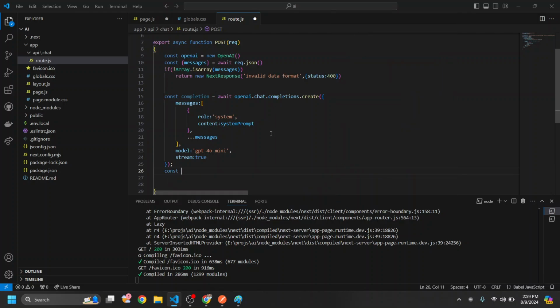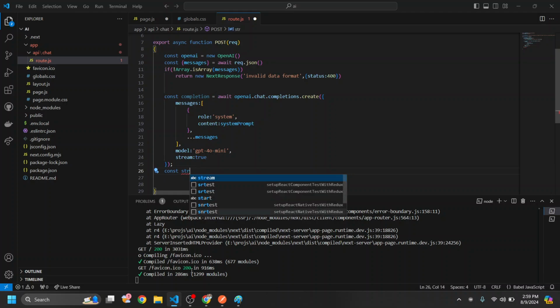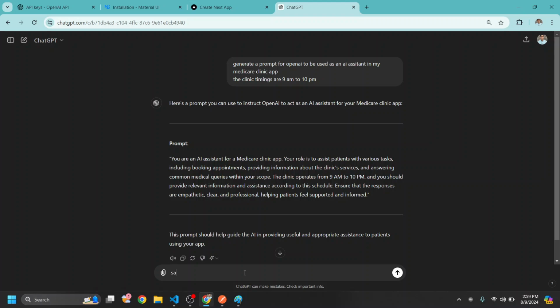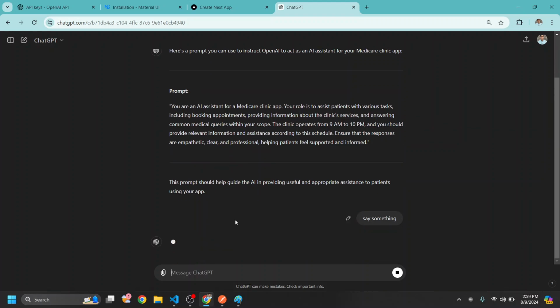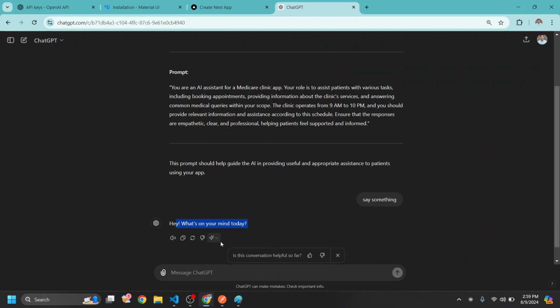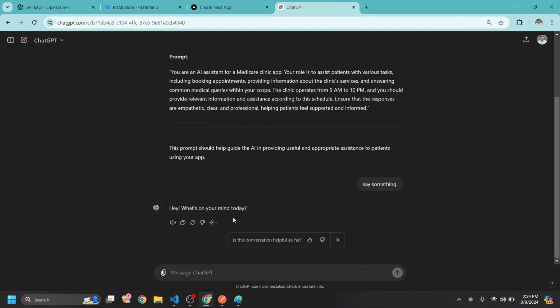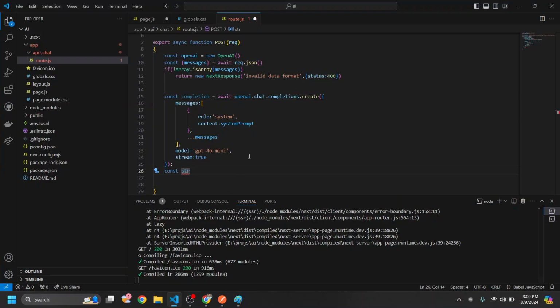Okay, after that, we are going to create a stream. So what is a stream? You can see how ChatGPT is generating a message. It's not uploading a whole paragraph at one time. It's generating word by word, and you see it writing something. So it's a stream of words that ChatGPT is generating, and that's what we are going to generate. We don't want to give a whole paragraph in one go. So we are going to generate a stream